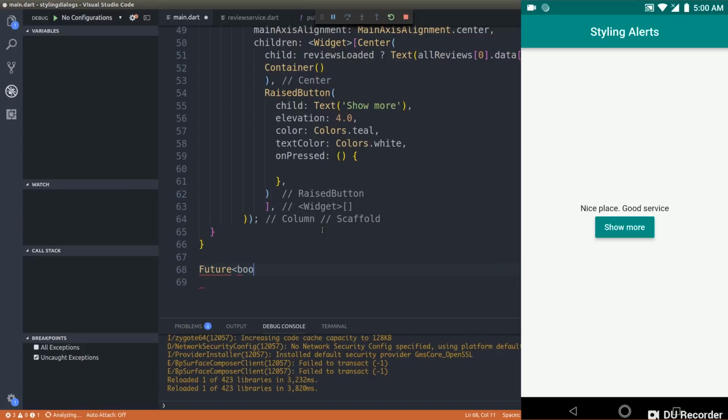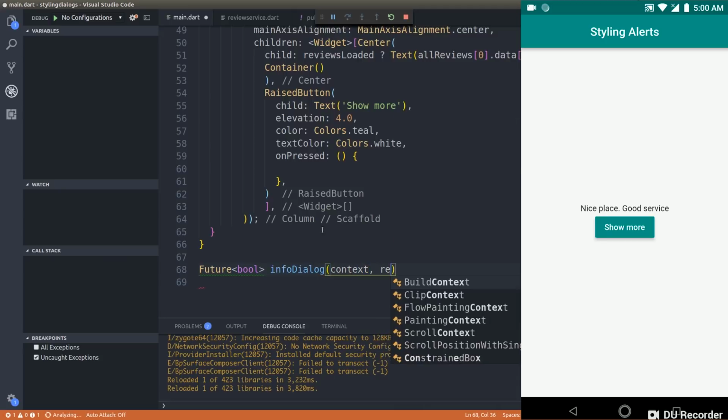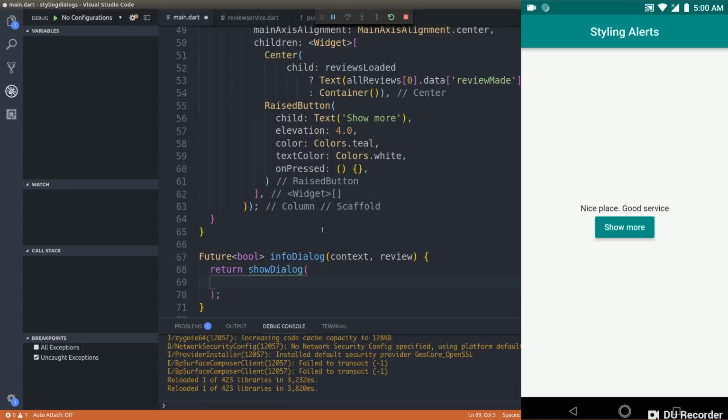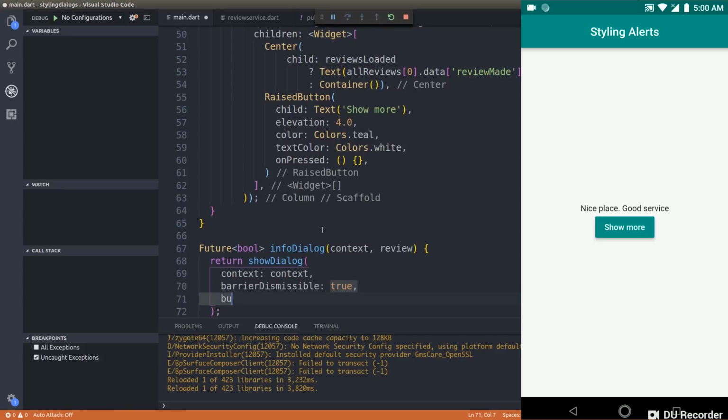So Future boolean, and I'll have an info dialog or something like that, info dialog, and this will take in two parameters, context and the review that is to be shown. And inside this I'll return a show dialog, and inside that show dialog I'll have the context, barrier dismissible, this I'll set to true, and builder, this is the function that will build the content. So build context,